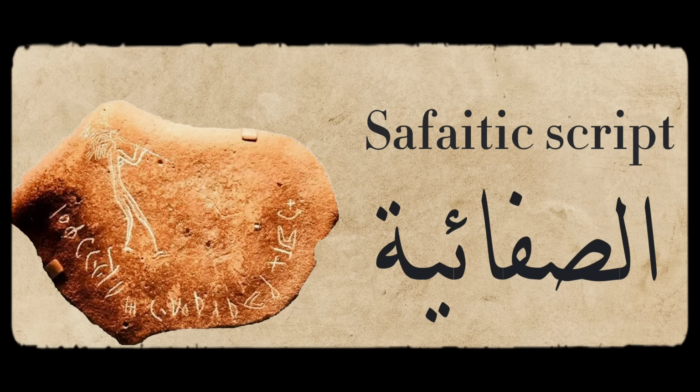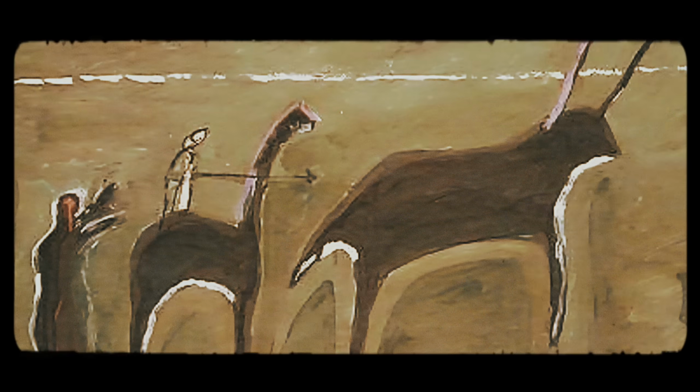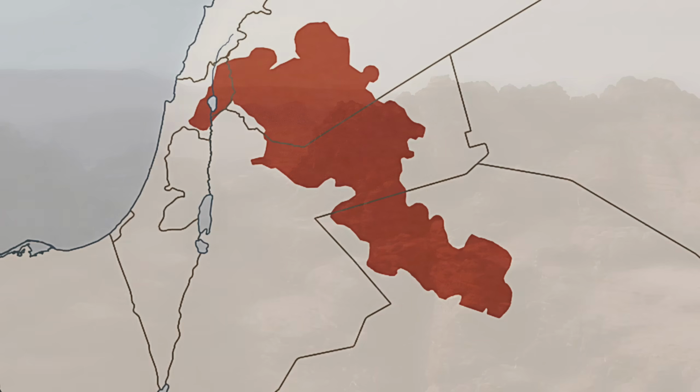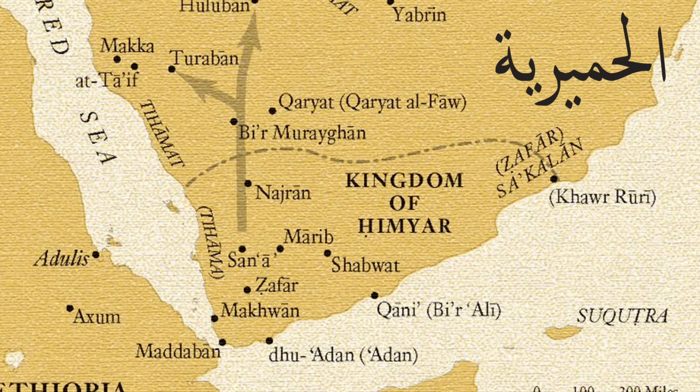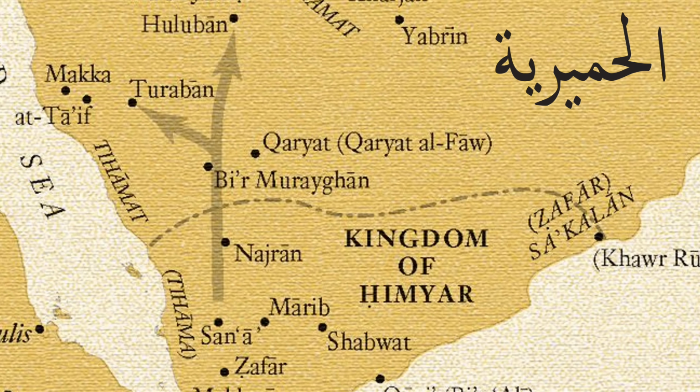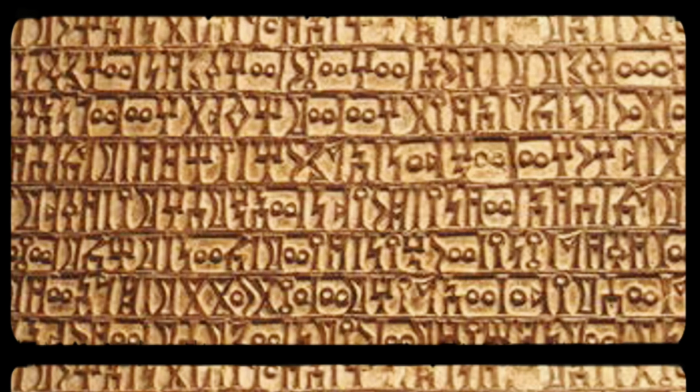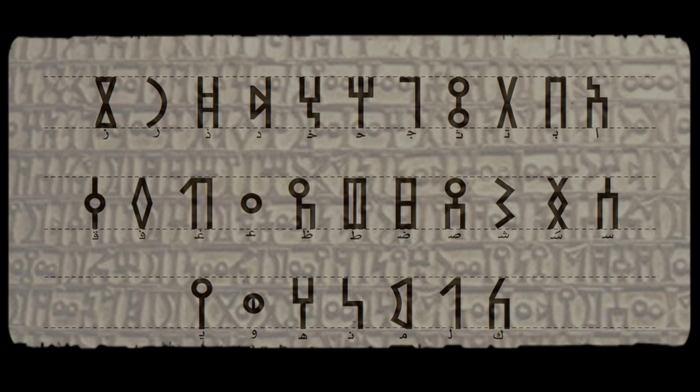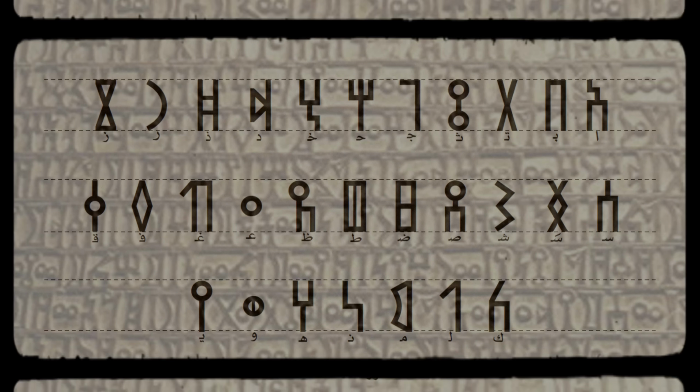There was also the Safaitic script, al-Safa'iyya, used by people who also inhabited the Arabian Peninsula in southern Syria and northern Jordan in the area called al-Hira. The script features a mixture of Aramaic, Arabic, and other languages. It was used to write personal names, tribal affiliations, and other types of information. The Himyaritic Kingdom, al-Himyariya, located in modern-day Yemen, had a language script that was not exactly Arabic, but the letters used to resemble the Arabic alphabet a little bit.